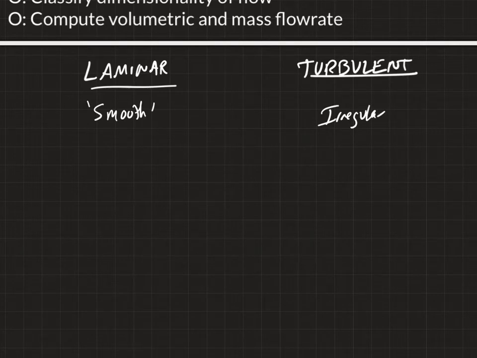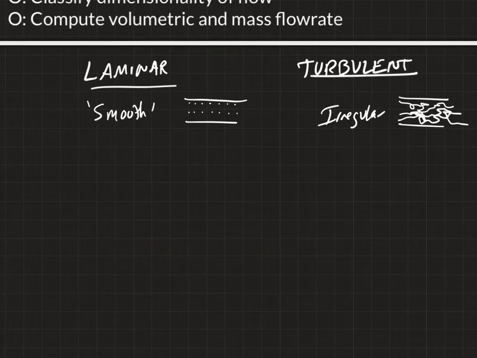Typically, if you watch a laminar flow and an individual particle, let's suppose you're in a pipe, you're just going to see this particle move along like this. If there's one in the middle, you could watch that particle and it's going to go like that. If you're in a turbulent flow, that one little particle is going to be all over the place. The particles are just doing their thing, and if one's on the bottom wall, it may migrate up to the top wall, et cetera. Whereas in the laminar case, that could happen,